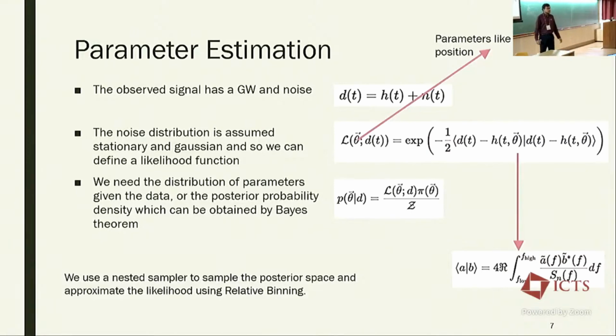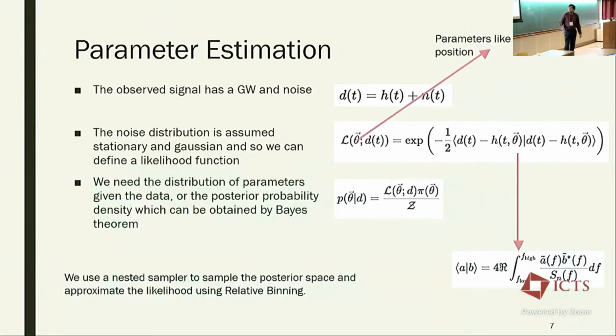However, we are interested in the parameters. We want to calculate the probability of the various parameters given the data, and by parameters I mean masses, spins, the position, the luminosity distance. It's roughly 10 to 16 parameters, however, it depends how you want to do it, and we just use